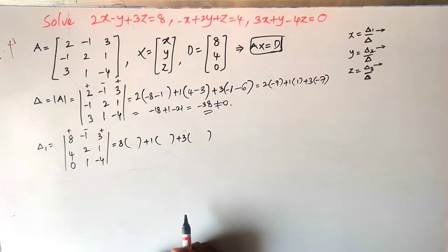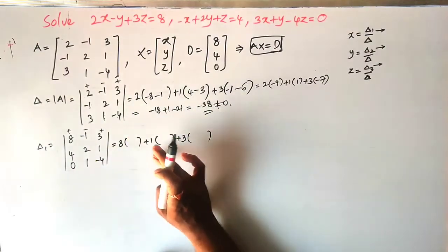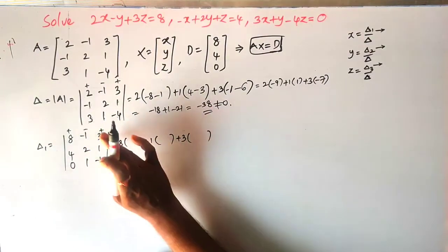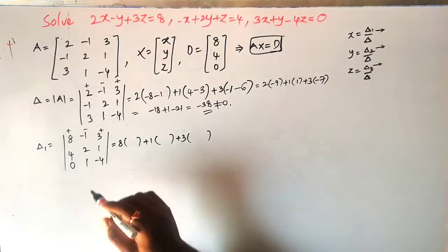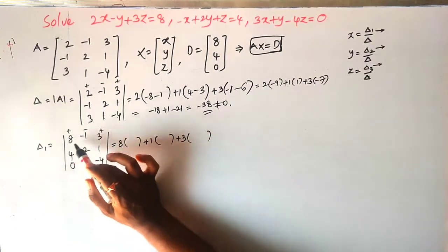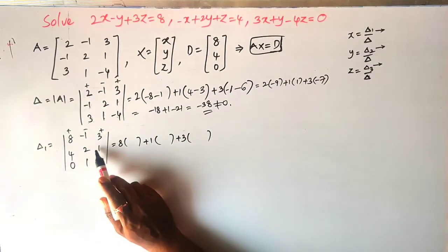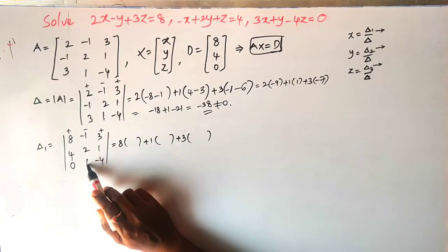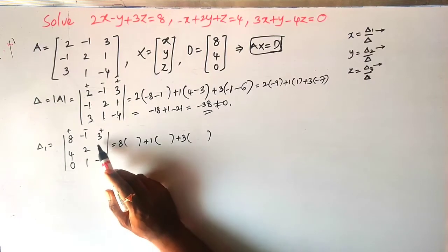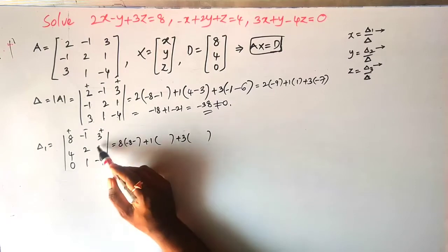Okay. So what we get here? Plus 8 of minus into minus plus 1 of plus 3 of. Then after we follow here. 8 is in first row, first column. So except that row, that column, we have 2 1 1 minus 4. Again we apply AD minus BC. So minus 8 minus 1 into 1 1.